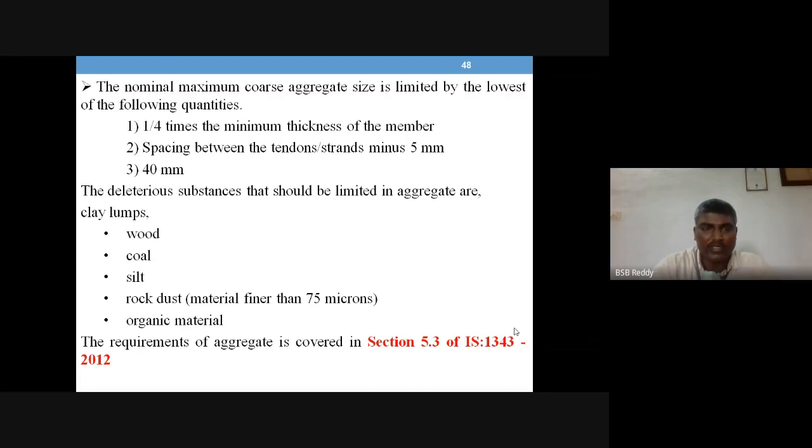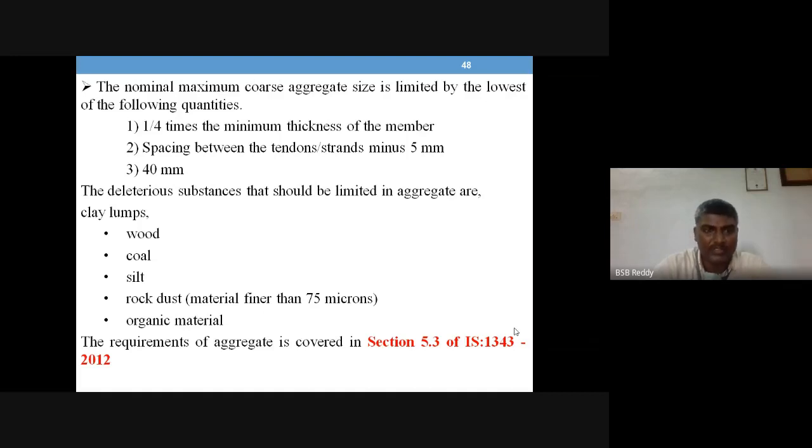is also being presented. This should be the lowest of the following three quantities: 1/4 times the minimum thickness of the member, spacing between the tendons or strands minus 5 mm, and 40 mm. So the least of the three shall be the maximum size of the coarse aggregate that you are going to use